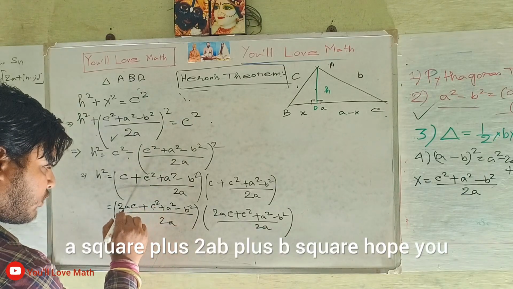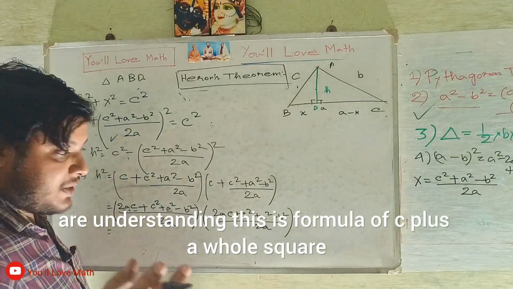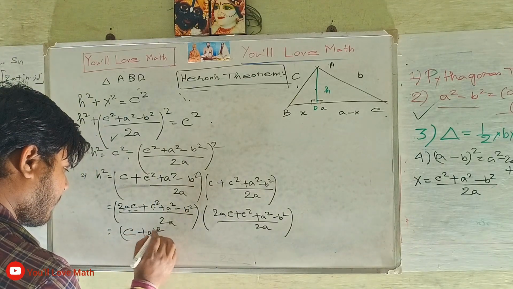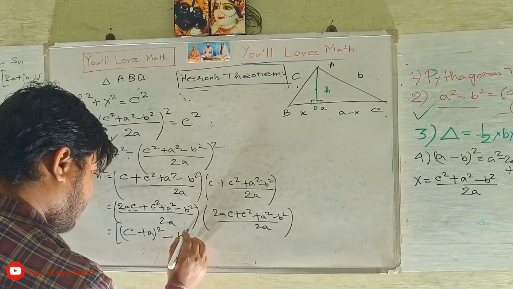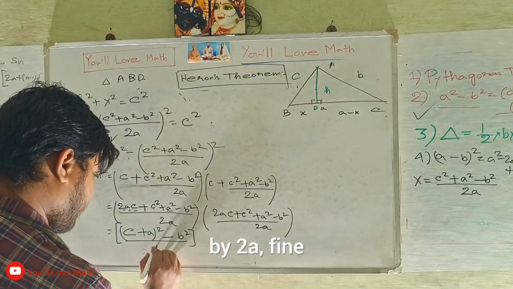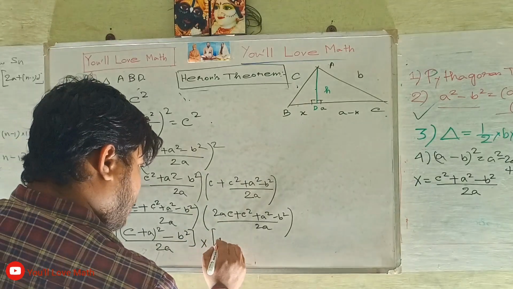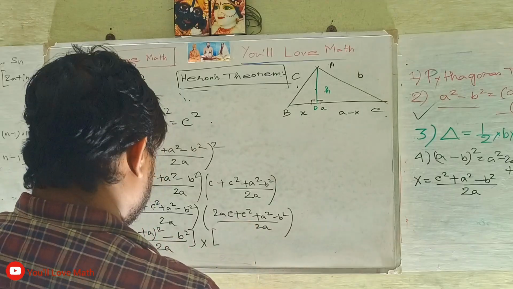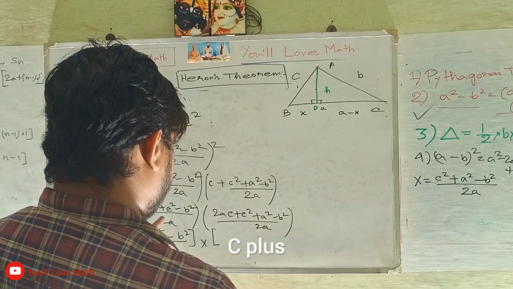Now A square plus 2AB plus B square. Hope you are understanding. This is the formula of (C plus A) whole square. Make a third bracket. Now minus B square by 2A. Fine. Into C plus,